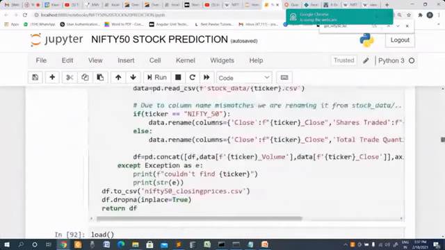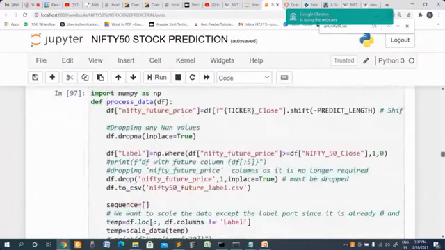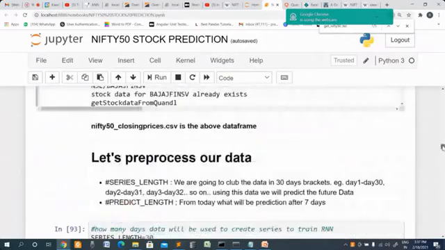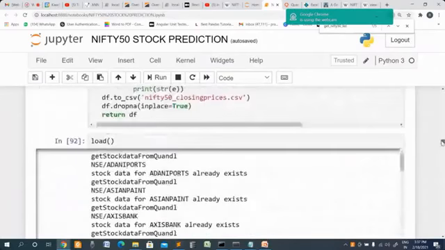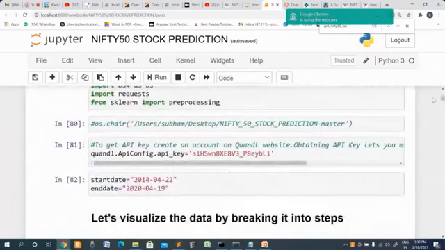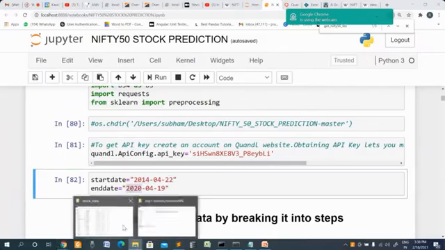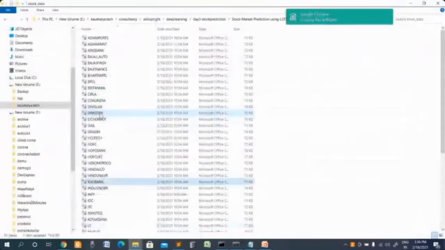See, this is what I have given. Initially we had declared the date, the start date and end date, somewhere between 2014 to April 2020. That is what is given. We can give the as-on date also. So it is going to pick the data from this. So the data would be in this way. Suppose I look at INFY, if I open INFY,